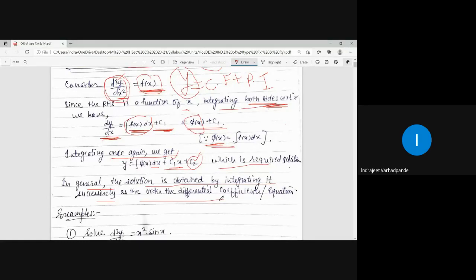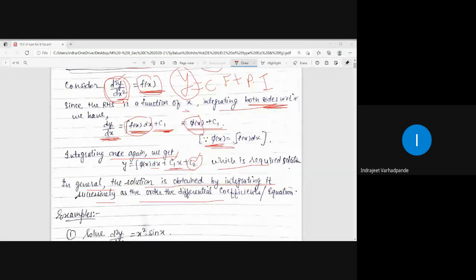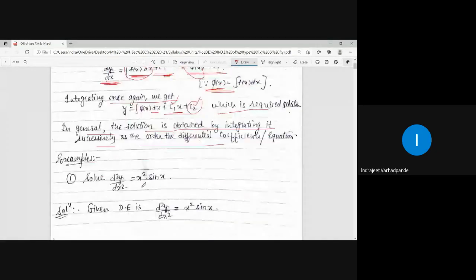So accordingly, we will be finding the solution. Integration is very simple, because the RHS will also contain terms available in the form of x itself. So accordingly, we will simplify and get the answer. Fine, so this is completed. It is understood by all, right? Yes, sir. So we will be proceeding ahead.